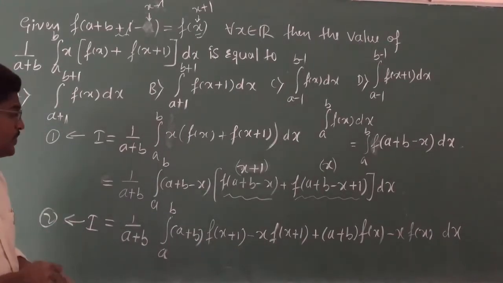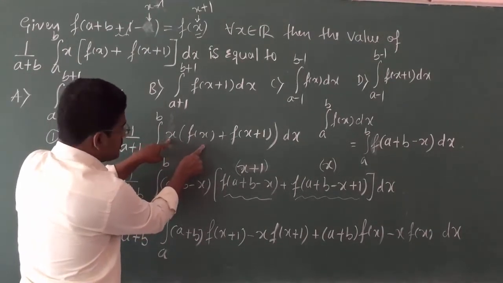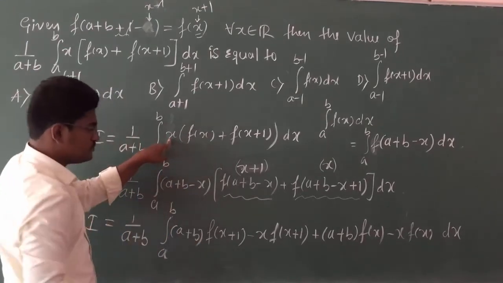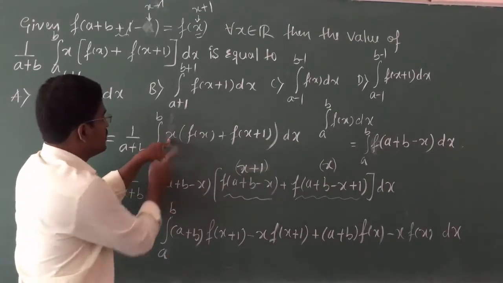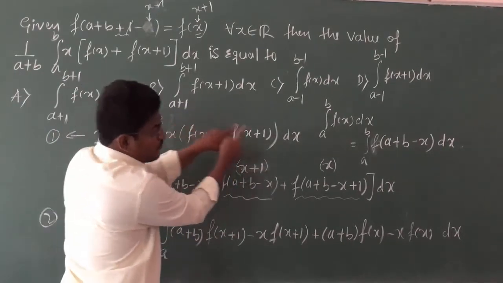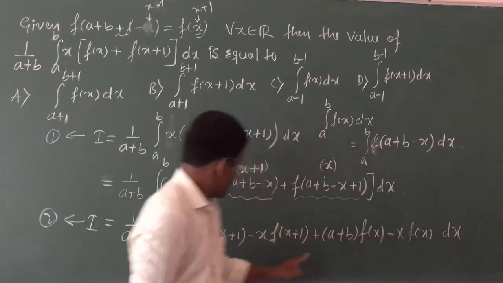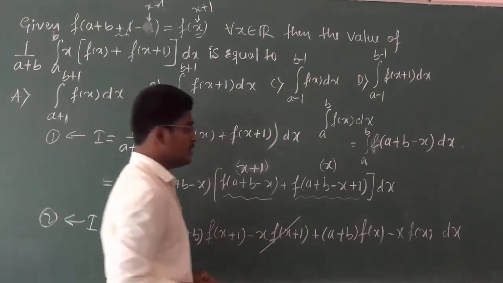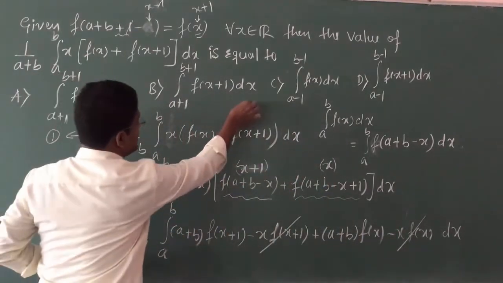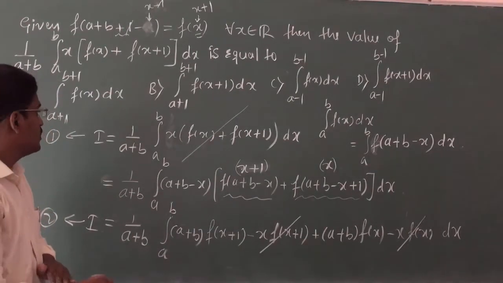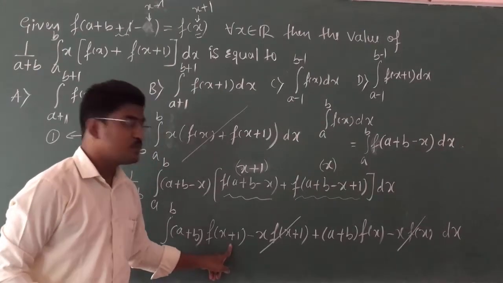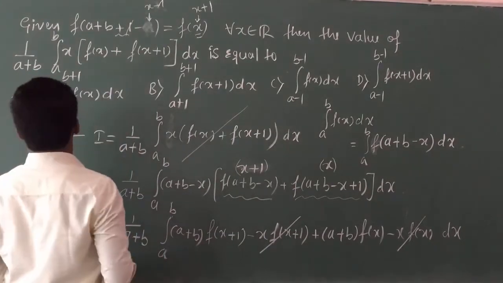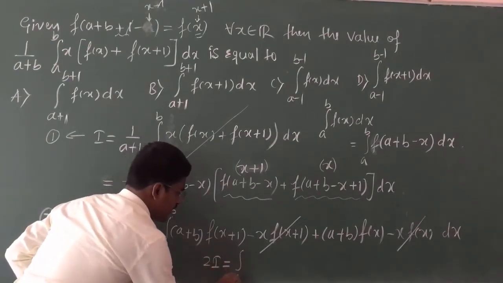So if I add 1 and 2, if I add both of this, what you are going to get? I plus I will be 2i. So here x into f of x plus 1, and minus x into f of x plus 1 will get cancelled. Are you getting my point? Minus x into f of x and plus x into f of x will get cancelled. Remaining term is what? 1 by a plus b, f of x plus 1 plus f of x. So here I plus I will be 2i,